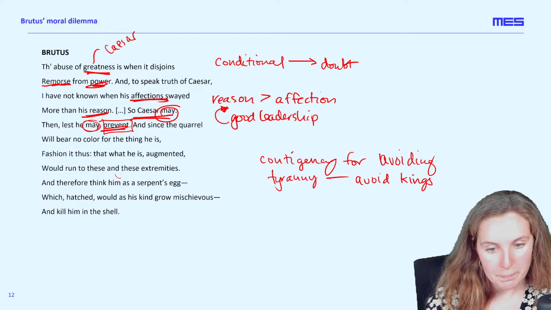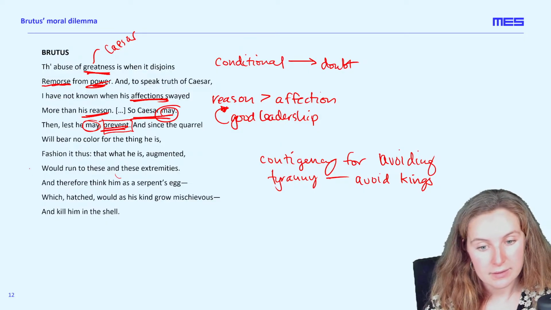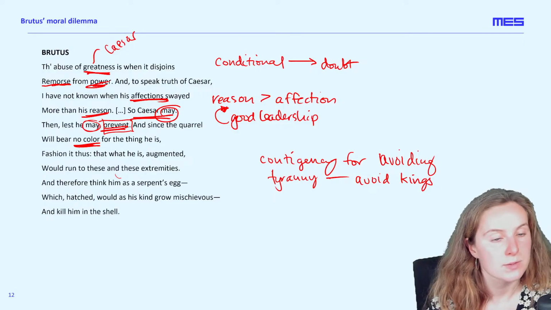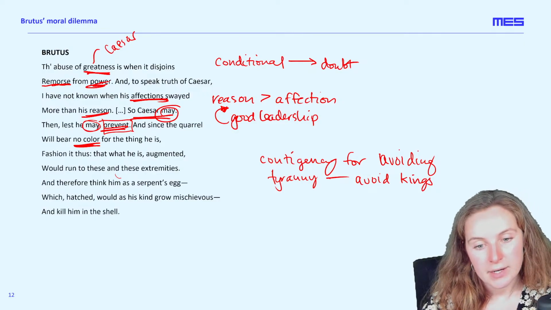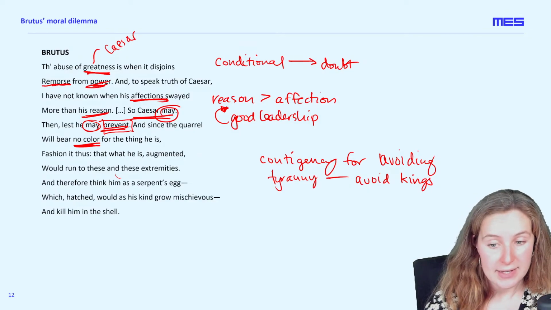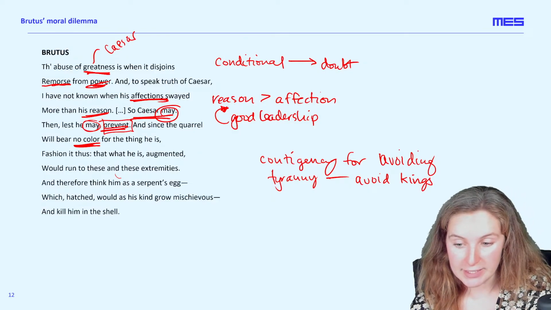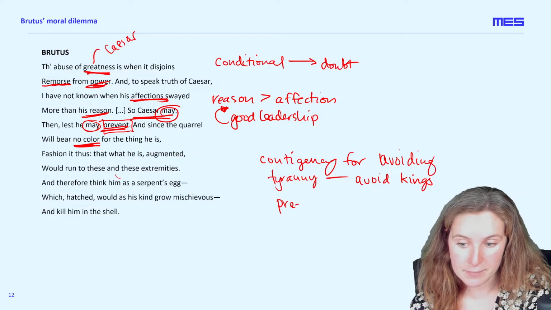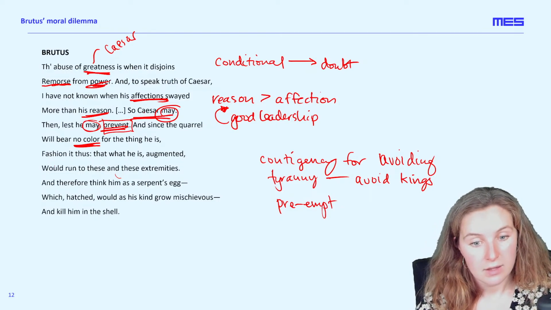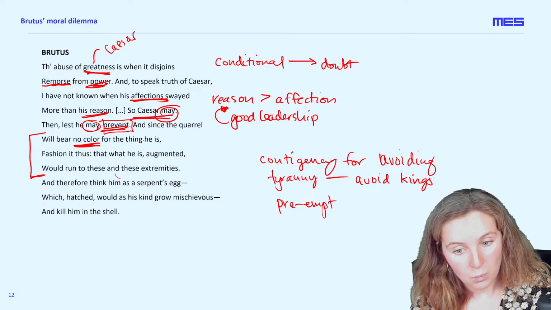And since the quarrel will bear no colour for the thing he is, fashion it thus. So interestingly here, no colour. Colour is big in Shakespeare, right? We've got greens, we've got reds, we've got whites, we've got blacks. Bear no colour for the thing he is. So that suggests that because they're killing him preemptively, deciding to kill him to preempt tyranny, he's kind of thinking how he's going to justify this to other people, right? What he is